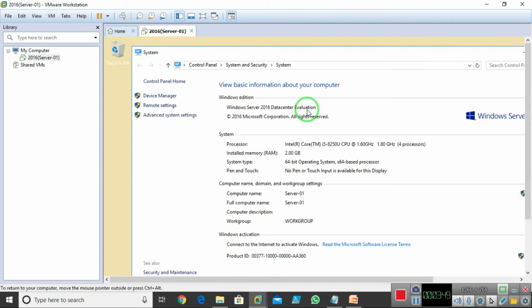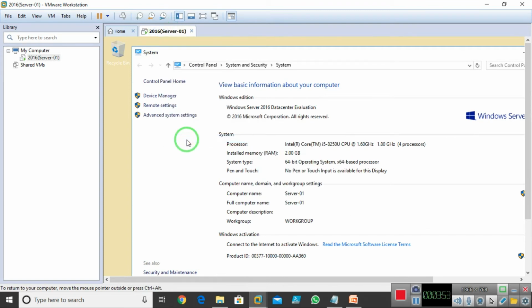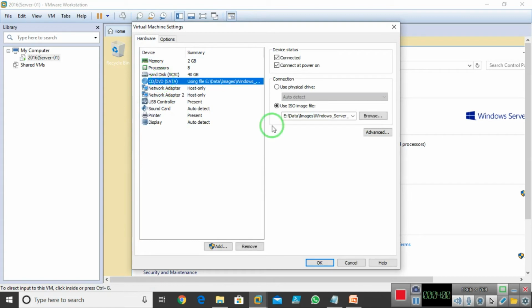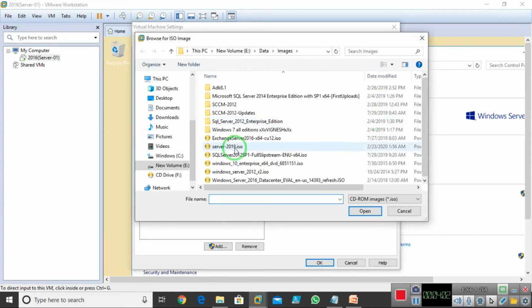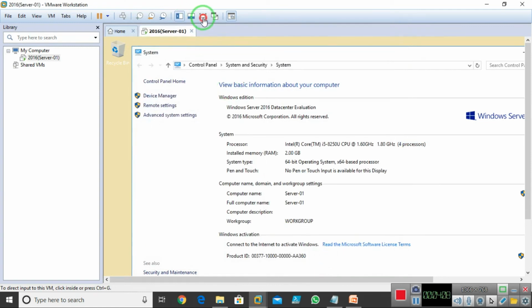First, what do I need to do? I need to set the image. I go to my VM settings, go to my DVD, click browse, and set the 2019 image there. Just open that and click OK. So I set the image.